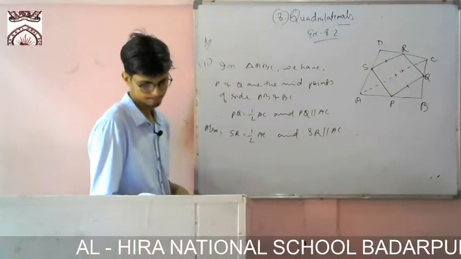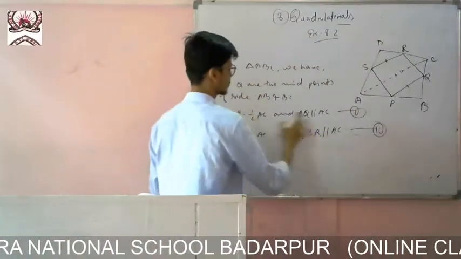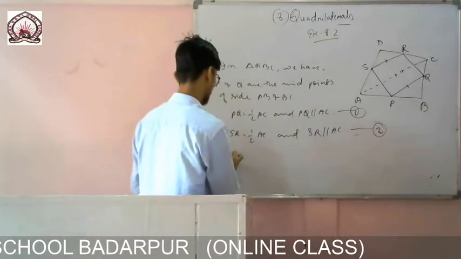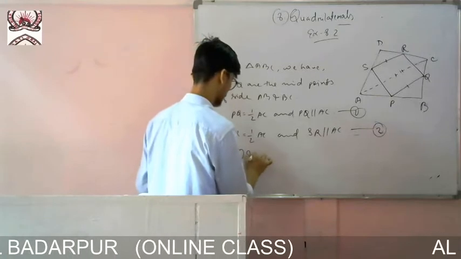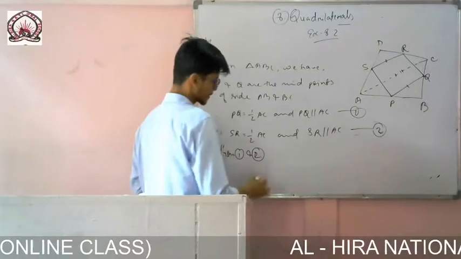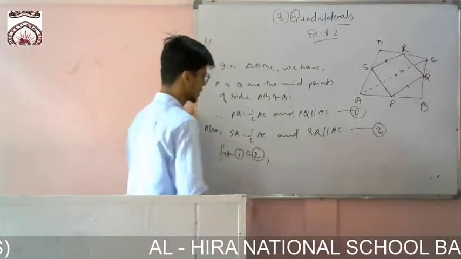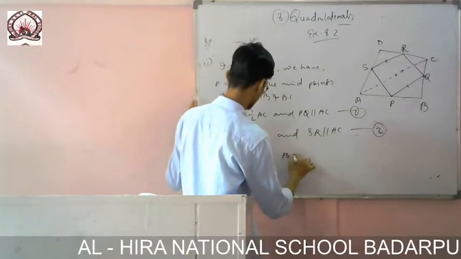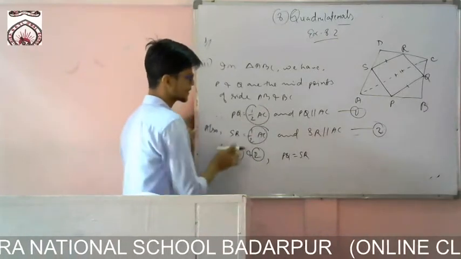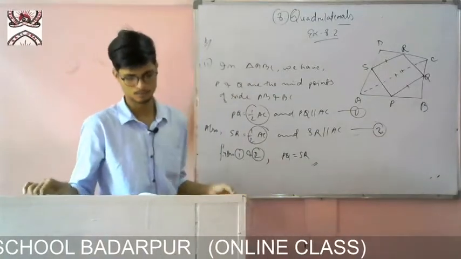Okay. So this one is Roman number 1 and this one is 2. So from 1 and 2 you can write, what do you have to prove? You have to prove that PQ is equal to SR. If these two are both half of AC, then PQ will be equal to SR. This part and this part, it is the same. So I can write PQ is equal to SR. Sorry, not parallel, I have to show that these sides are equal. So I have shown that. Okay.